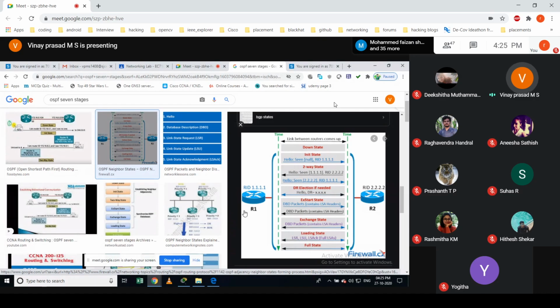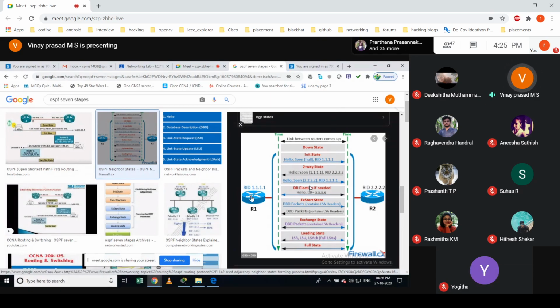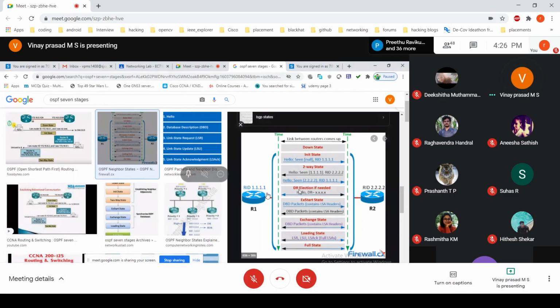Then the routers start exchanging hello packets. So this R1 sends a hello packet. Once that is sent, that packet is seen by this R2, and R2 would send a reply with a unicast. This we call the router ID. RID is what you call the router ID.